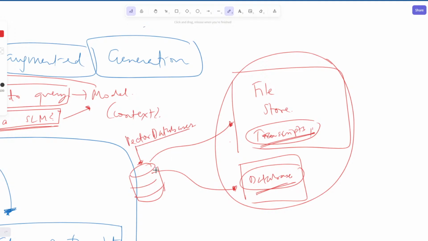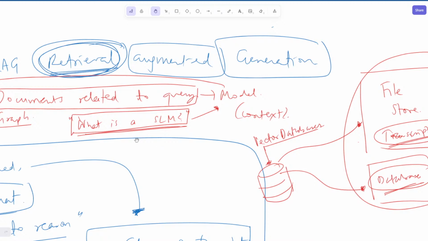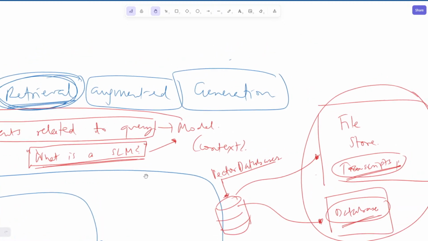Okay, these databases can store objects as vectors, with the main benefit being that when you store them like that, you're able to find relevant documents quickly for an incoming query. The idea of, if I ask you what is an SLM, what's a small language model, you're going to go through all the documents in your system, and you could have done a single parse. You could have gone through every single word and found out that, okay, small language model appears in this document, small language model appears in some other document. That would have taken a long time.